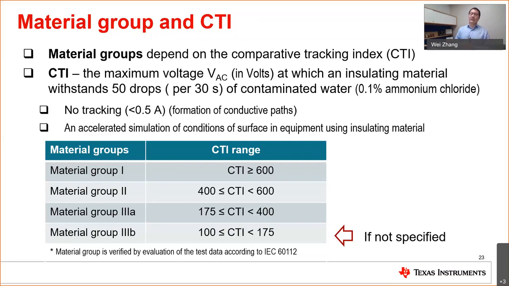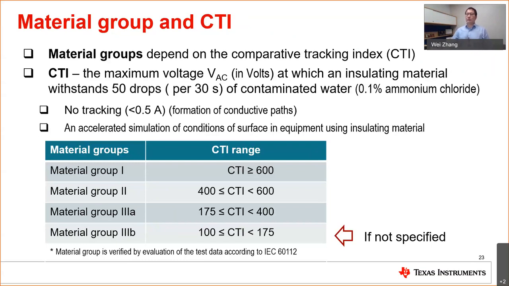As you can see here, CTI larger than 600 is material group 1, and CTI less than 175 is material group 3B. What I want to emphasize is that the majority of TI drivers are material group 1. I would say 99% in the current scenario. But this is very high for the driver. The PCB which the driver is sitting on, 99% are material group 3A, unless you have another, very expensive PCB. Otherwise, the dominant PCB in the industry belongs to material group 3A. So you have a very good, very solid driver sitting on a low material group, and who's going to decide the creepage distance? It will not be the driver. It will be limited by the PCB to meet the